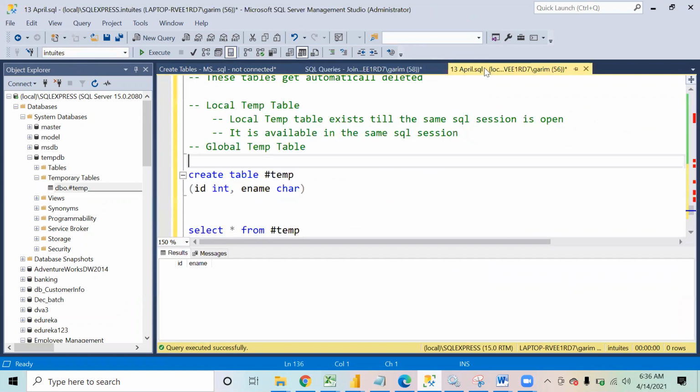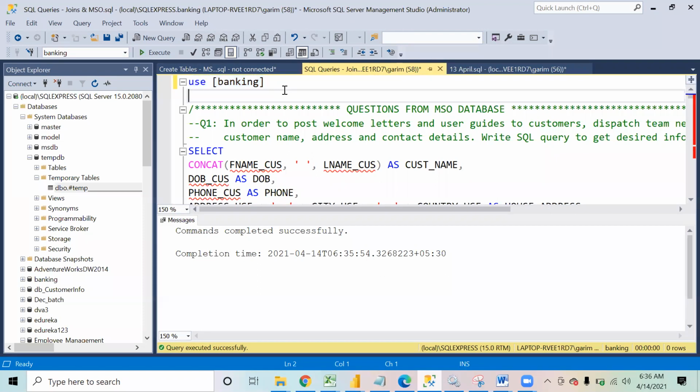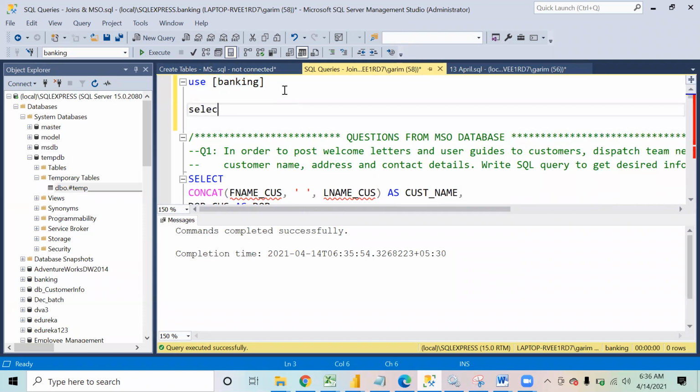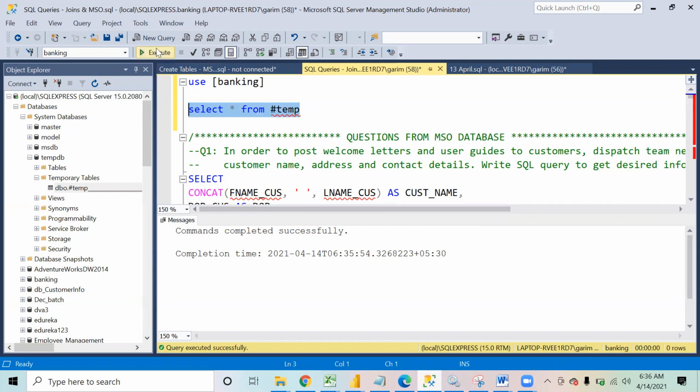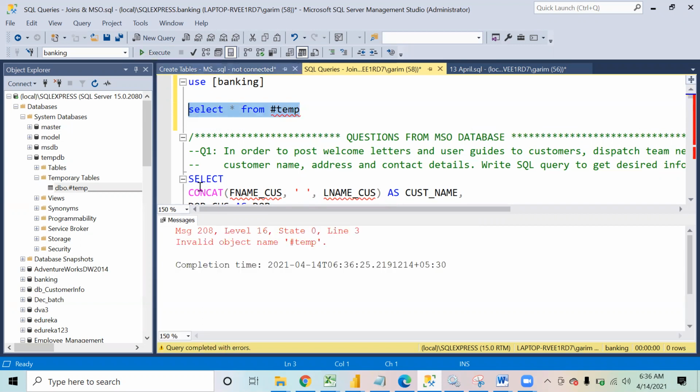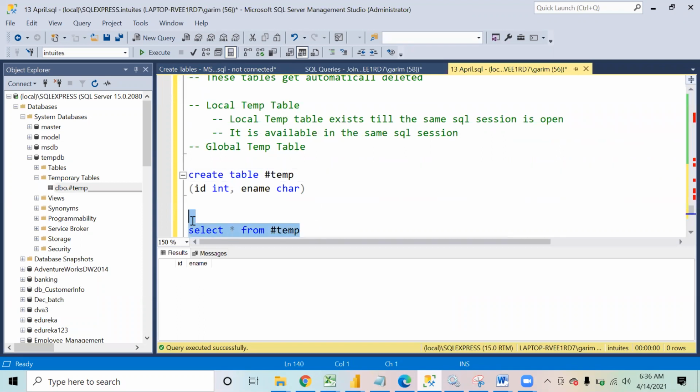Now, where did I get the table? That table was created in this session. If I come to this session right now and say select star from #temp, that table is not accessible over here. That table is not available in this, right? Invalid object. That table is only available in this window, nowhere else.